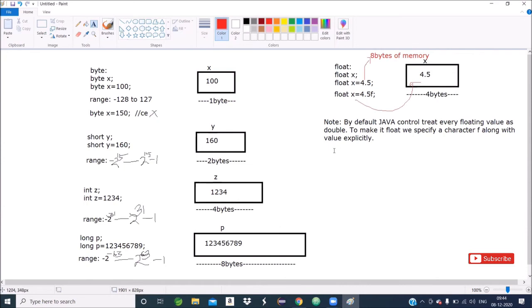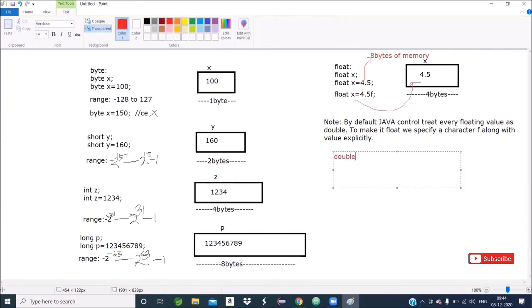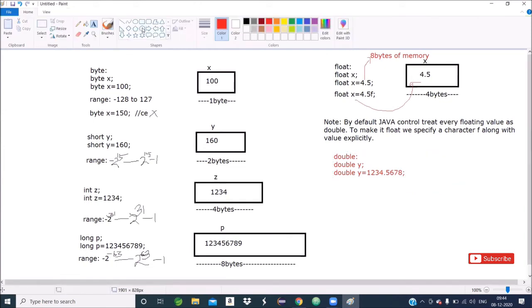So then we will go to double. I will write double y equals 1234.5678.